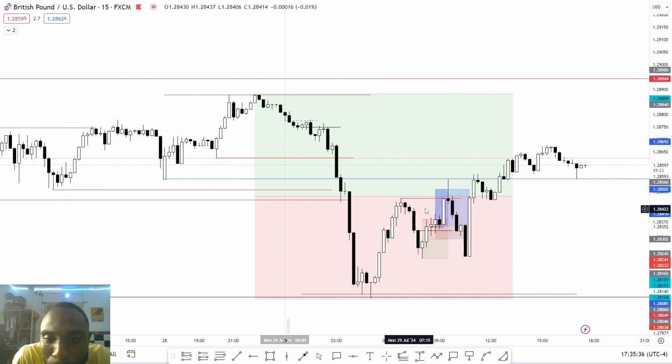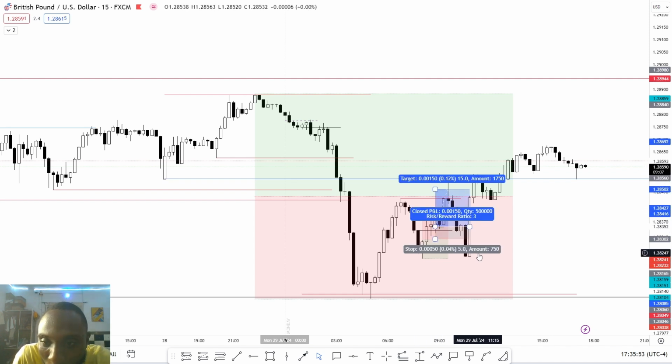So immediately price came into premium. This is premium here. This is discount here. Immediately price came into premium. I think it touched the other block. I don't know. I don't even care. But immediately price came into premium, it started dropping again. It dropped for a while, and